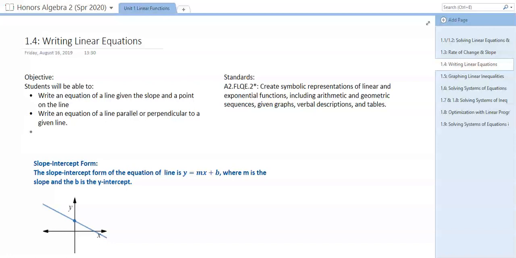So looking at your objectives here, we're going to be able to write an equation of a line given a slope and point on the line, and write an equation of a line parallel or perpendicular to a given line. We're looking at standard